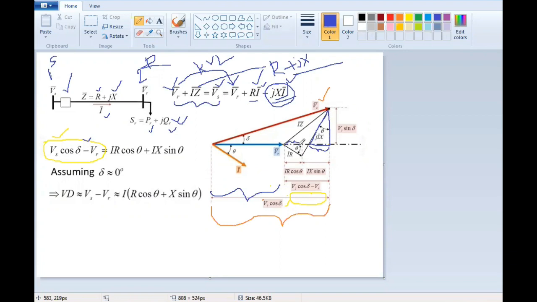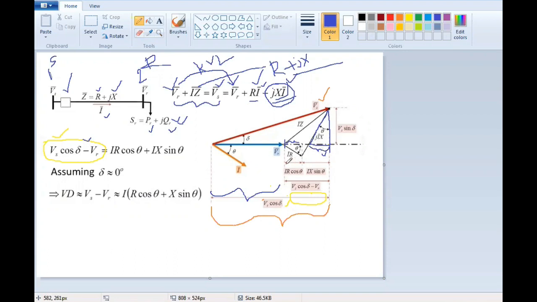Here we need the adjacent side, because we are concentrating on finding the value from this point to this point. So this is the adjacent side for this triangle, but if you consider this triangle, it will be the opposite side. So we want this value. To find the opposite side, with the hypotenuse IX, it is the hypotenuse multiplied by sin theta. So it will be IX sin theta.